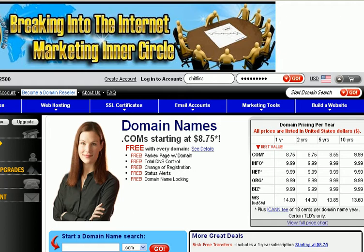But after you've registered your domain name and after you purchase hosting, you then need to go back to the registrar. You have to register the domain name first because you've got to confirm it's available, and you lock it down. And then you buy hosting, you buy space on somebody's servers. You buy someplace to store your files. That's what this hosting is all about. So you've got to go back to your registrar and tell it what computer it's on, and to do that you come back here,